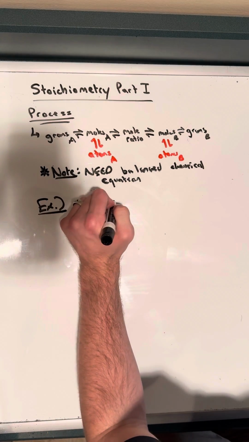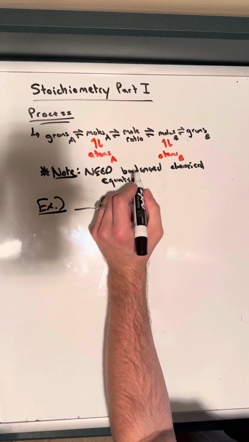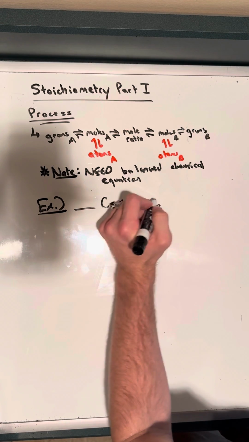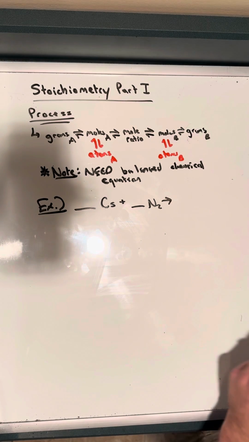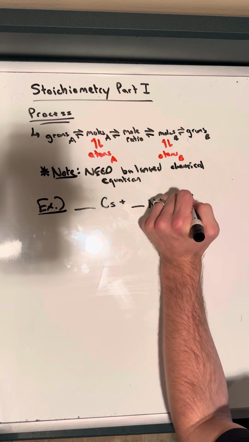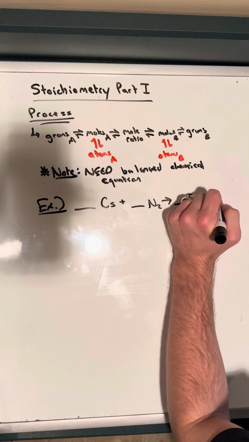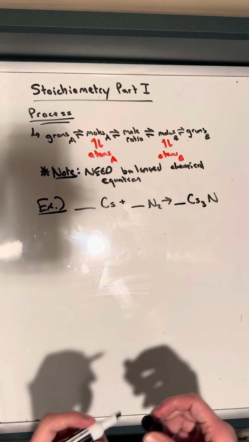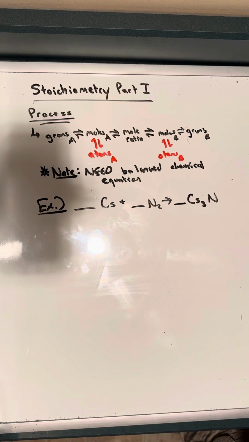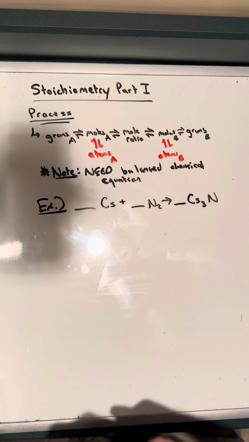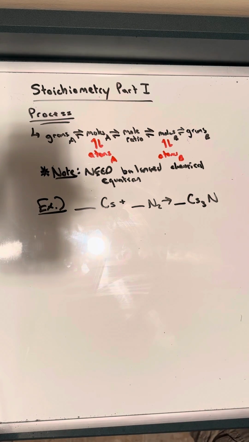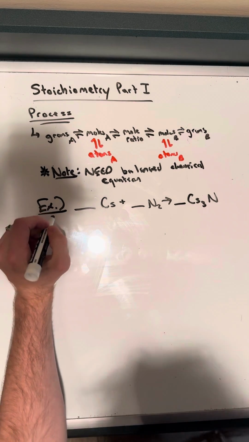So, cesium plus nitrogen gas yields cesium nitride. So this is actually my first one. If you want to pause the video and try and balance it yourself, go for it. This would be like a problem. But I also need to give you guys a starting amount. We are going to convert